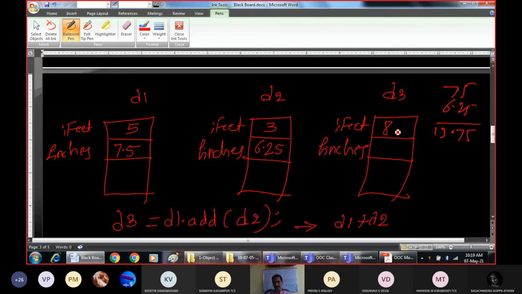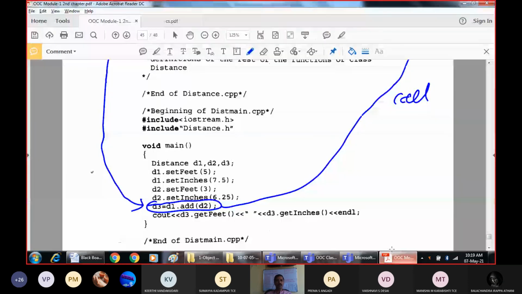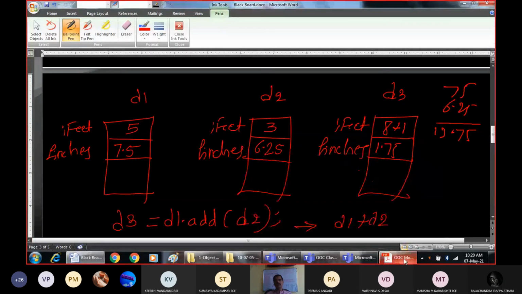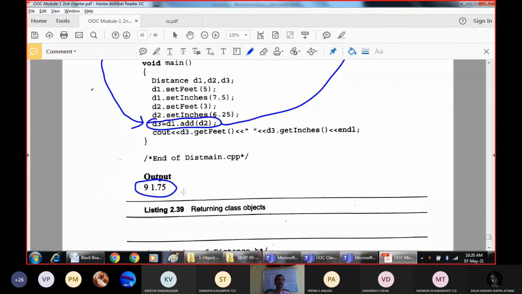So 13.75 means you have to add 1 feet here, plus 1 feet and the remaining is 1.75. If I am not wrong, it is 1.75. Yes, you can see here how it is being added: 9 feet and inches is 1.75. The output shows 9 feet and 1.75.